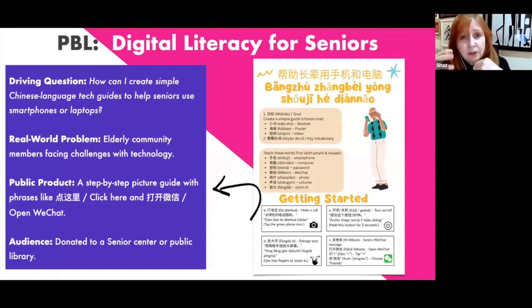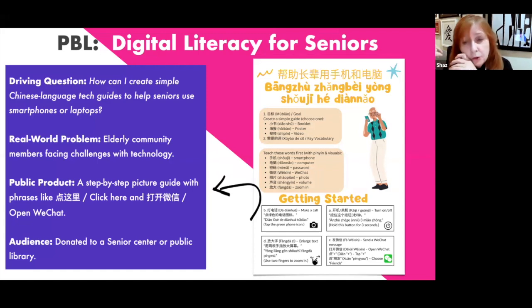So then you started off with that event, that example. Then you give the driving question. So how in Chinese class, how can we create simple Chinese language tech guides to help seniors use smartphones? All right. So the audience is going to be the elderly community, especially Chinese speakers. The final product is going to be a step-by-step picture guide. All right.